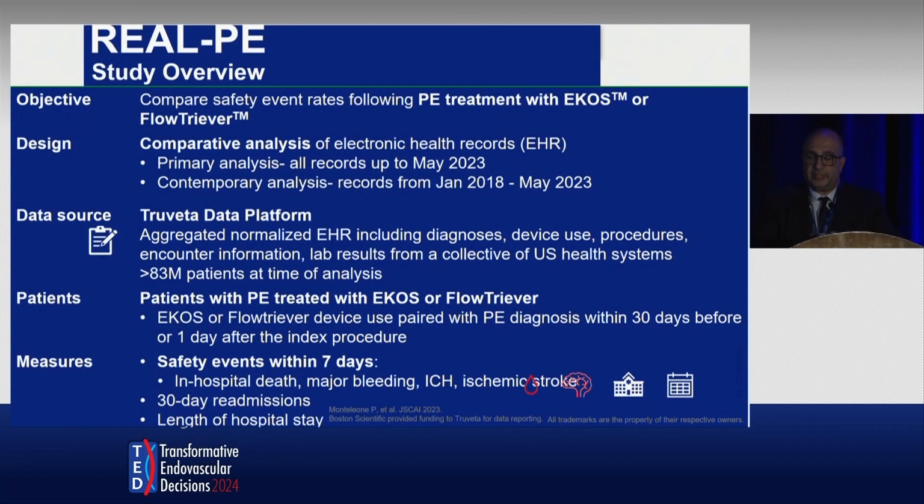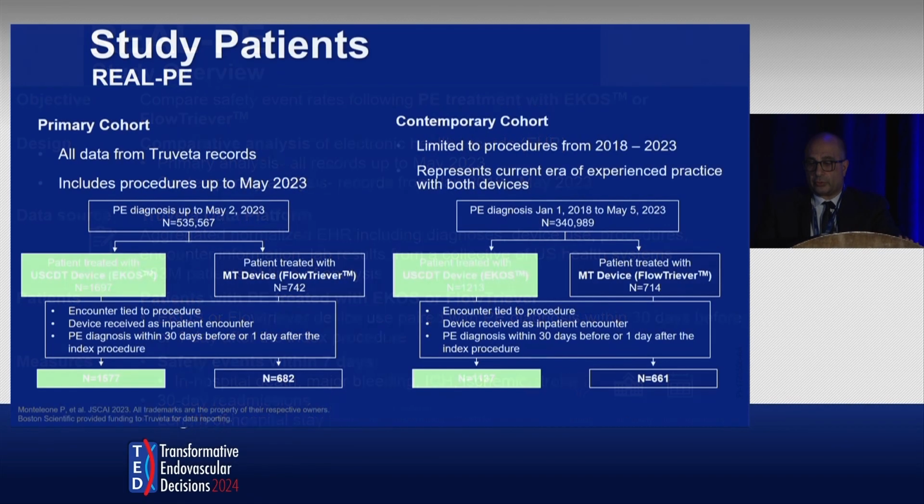Recently presented at TCT was the REAL-PE study, which is a data collection from a data platform called the Truveta. They compared PE treated with EKOS or FlowTriever. Safety event was in 7 days, included in-hospital deaths, major bleeding, intracranial bleeding, and ischemic stroke. They had two cohorts, primary cohort and contemporary cohort. The contemporary cohort, this is when they start using lower doses of